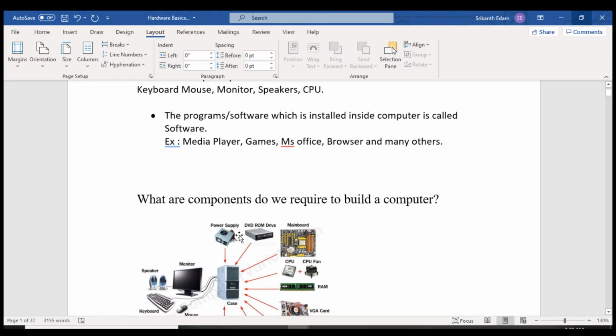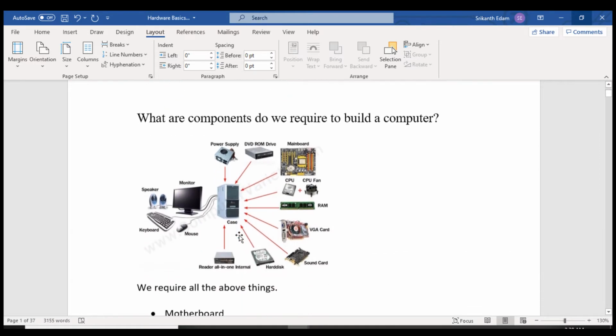Normally, what parts do we require to build a computer? These are the important parts. You can see this screenshot, it will be easy for you to refer. Inside this CPU we will have a motherboard, and we connect all these devices to the motherboard.